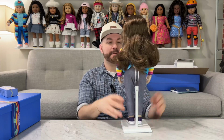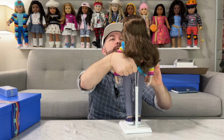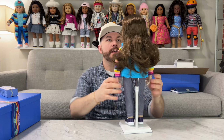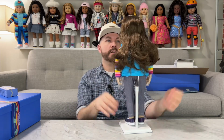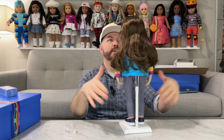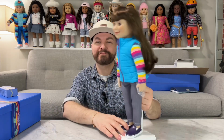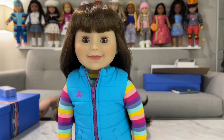Sometimes it's a hit or miss with any doll, especially with these sleepy eyes, or these shut-eye, what do you call them? Betty Boop eyes, sleepy eyes. They're hit and miss with the placement, and she's got really great eye placement for me. So I'm going to bring her back now that her hair is out. I'm just trying to get her looking presentable. While you look at her face, I'm going to dig through looking for my